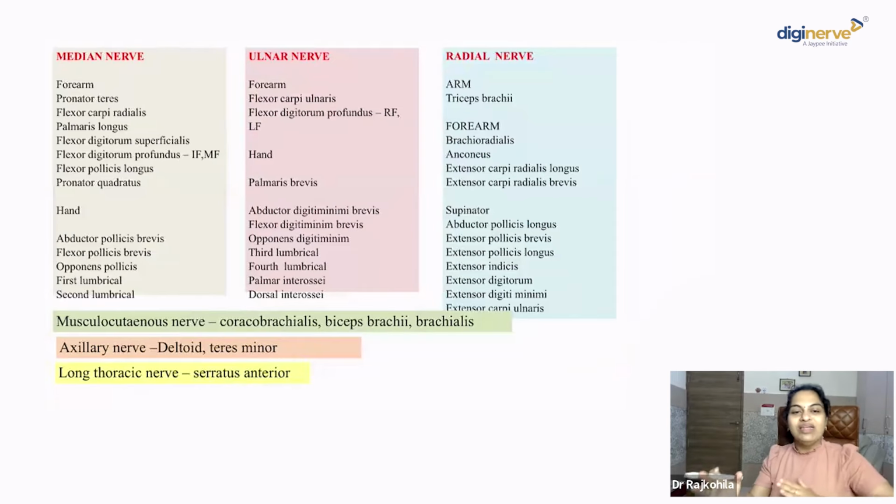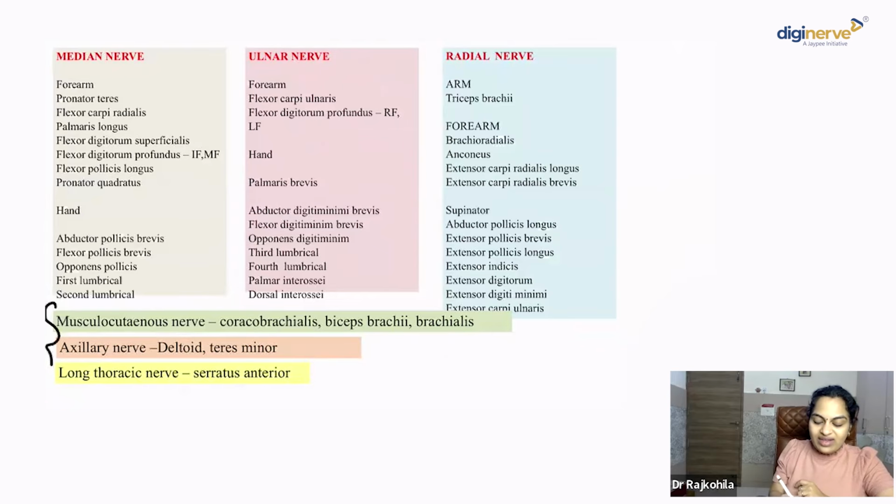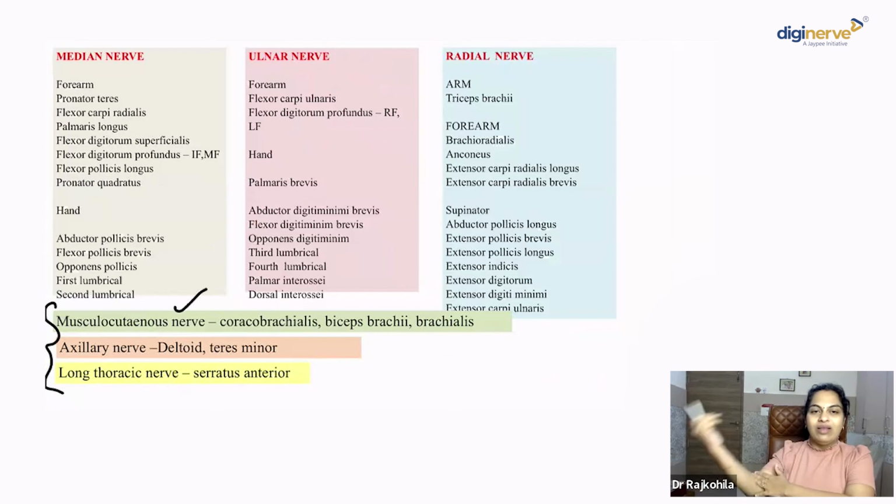So apart from the three important nerves, three more nerves are there, which again can be framed as a case-based scenario for you. The musculocutaneous nerve injury: yes, the patient will not be able to flex his elbow, with loss of sensation over the lateral aspect of the forearm. Axillary nerve injury: